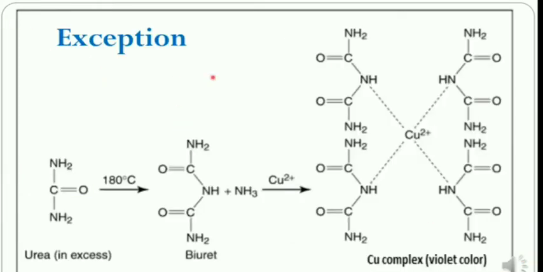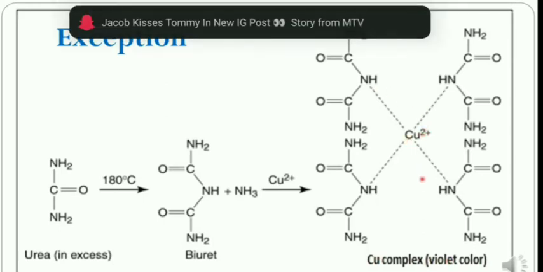The exception to this Biuret's test is given by urea, which has CONH bonds similar to peptide bonds. Although it is a non-protein or non-peptide, because it contains NH2CONH2, which bears resemblance to the peptide bond, it also reacts with the cupric ions in alkaline medium to form a copper complex, which is known as biuret, and it gives a violet color.